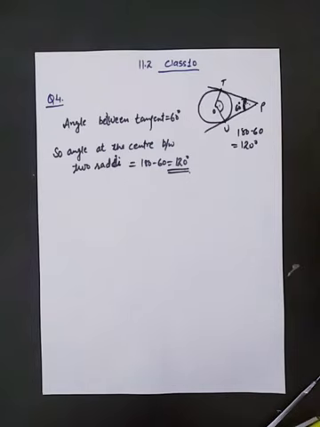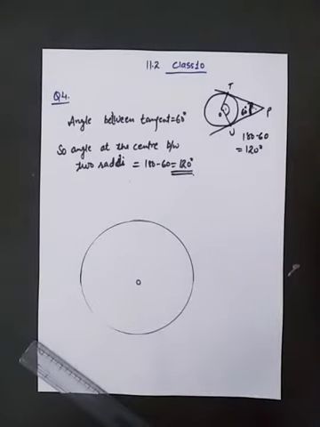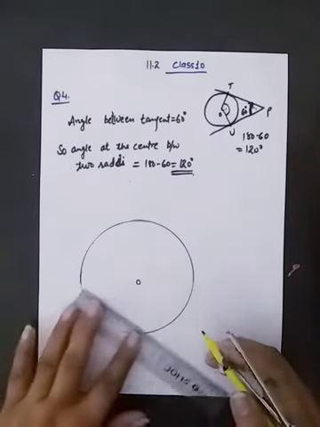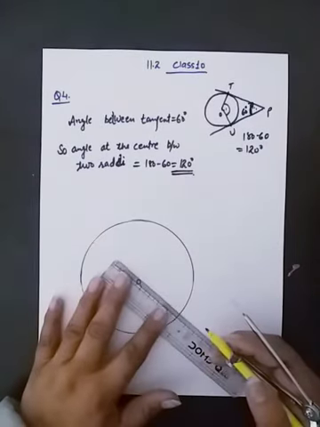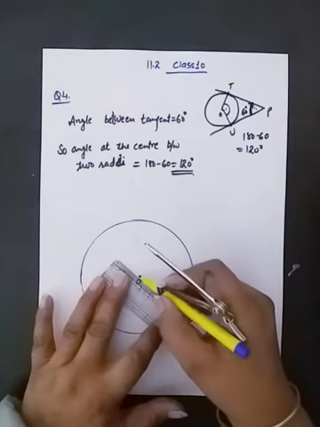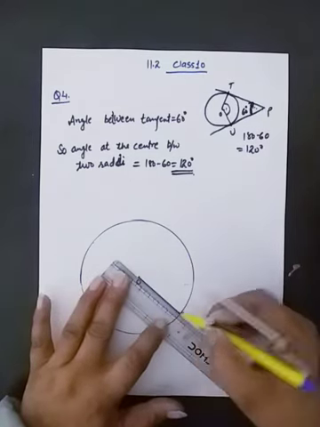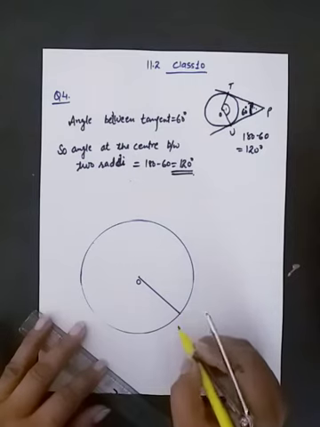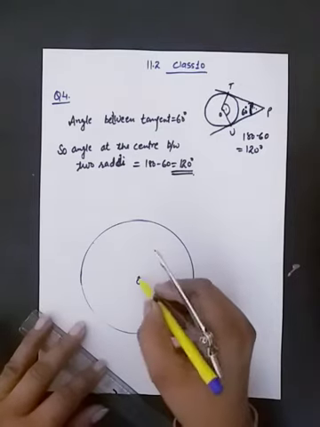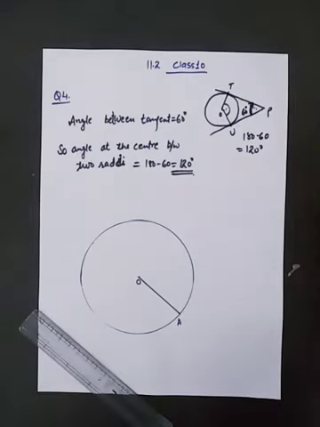Now what we have to do, again the radius for the circle is given and radius of the circle is 5 centimeter. So first of all we have to draw a circle with radius 5 centimeter. Circle and O is the center of the circle. For the next step students, first of all we have to draw a radius in this circle. Let OA be the radius of this circle. We can mark any point on the boundary of the circle and join it with the center. You will get its radius.